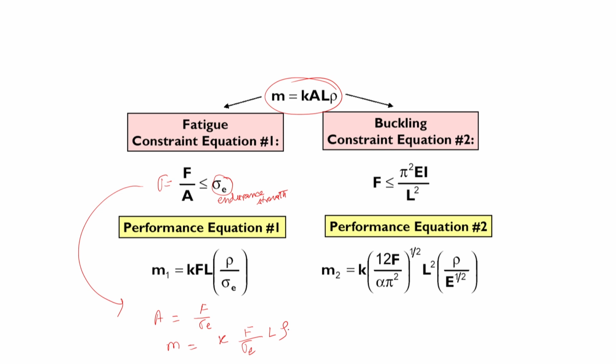So, that means I can again write it in a variable separation form and write this rho over sigma E separately. So, that is my first material property, and in order to reduce the mass, I have to minimize rho over sigma E, or in other words, if M is sigma E over rho, which is more conventional, then I have to maximize this